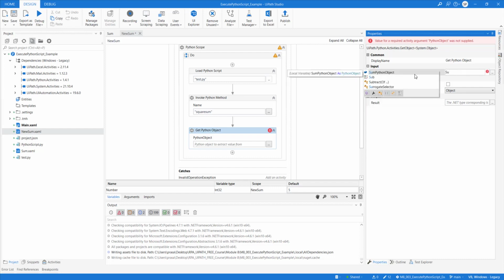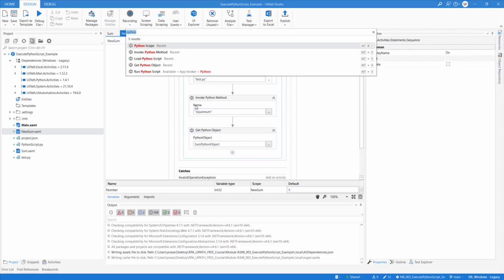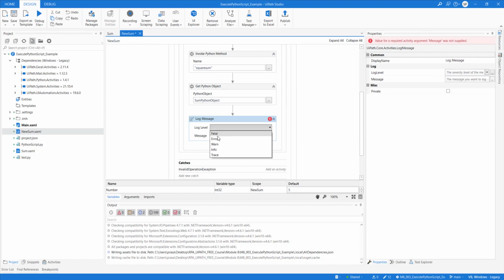This is the Python object that we are using. When we give this object, we'll say the result is to be in some .NET object. The result will be automatically converted from Python object to .NET object, and once it is converted, we should be able to use it as we do in a different workflow. We should be able to use log messages or anything you want, but here you need to use the .NET object and .ToString.